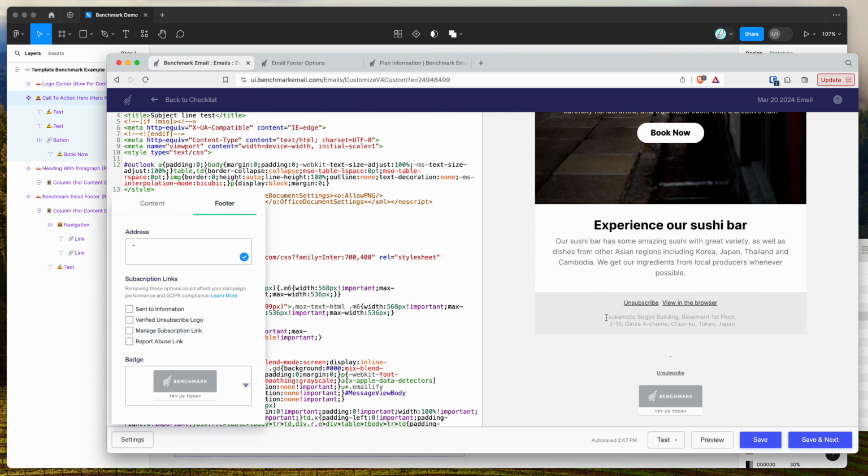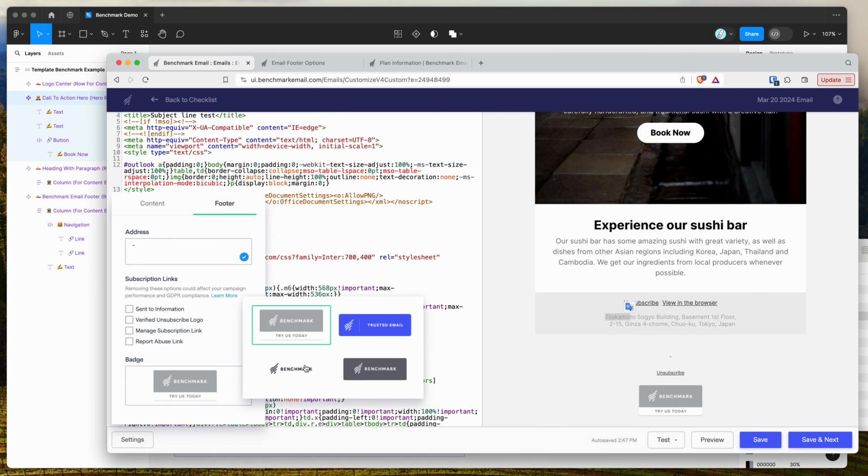So I guess alternatively, you could remove it from your design and just add it down here, but it seems silly to double it up. So I'm just going to remove that and add a little dash there because it doesn't let me remove the full text. And then the other thing to note is that there's this massive badge from Benchmark that gets included